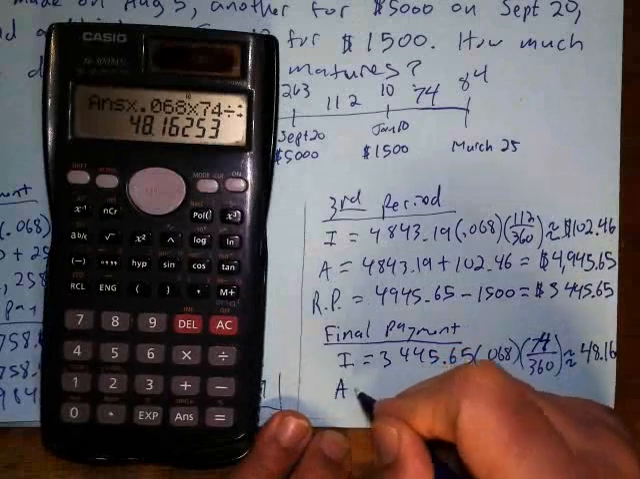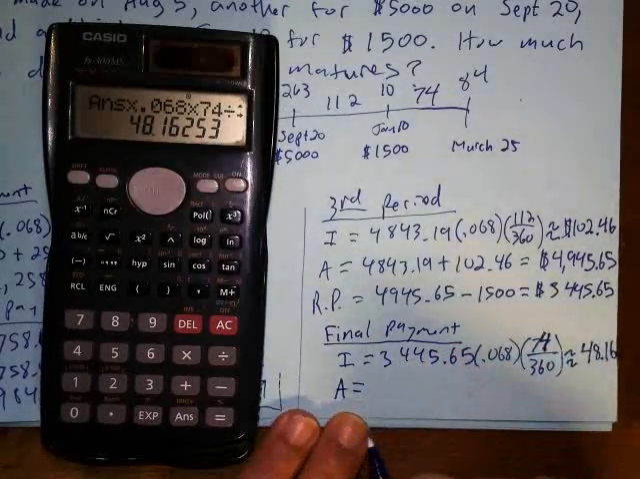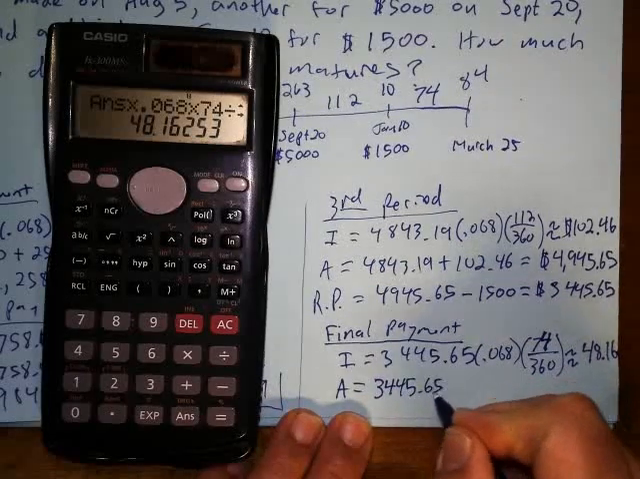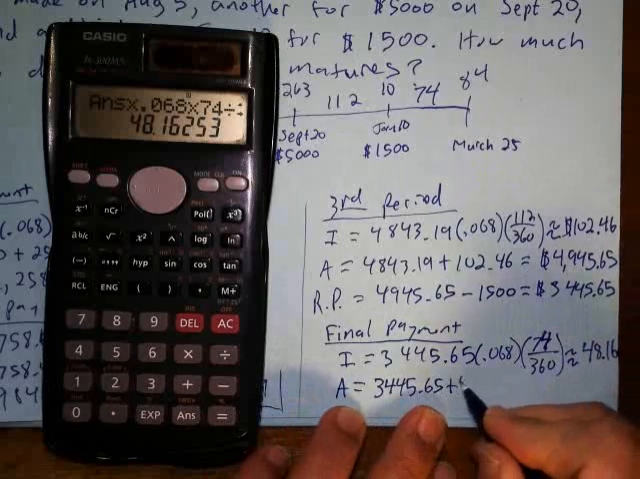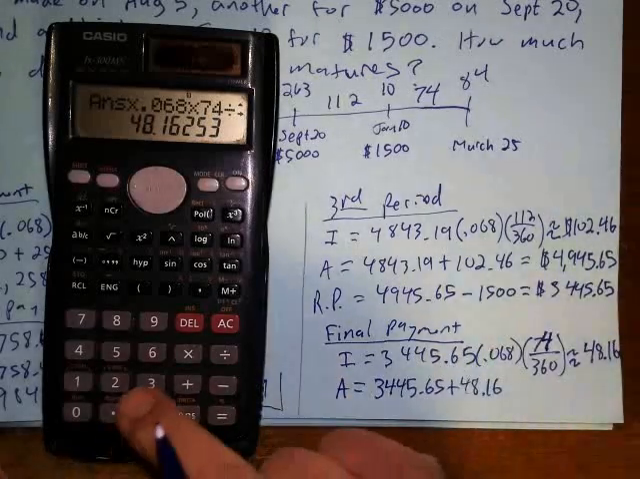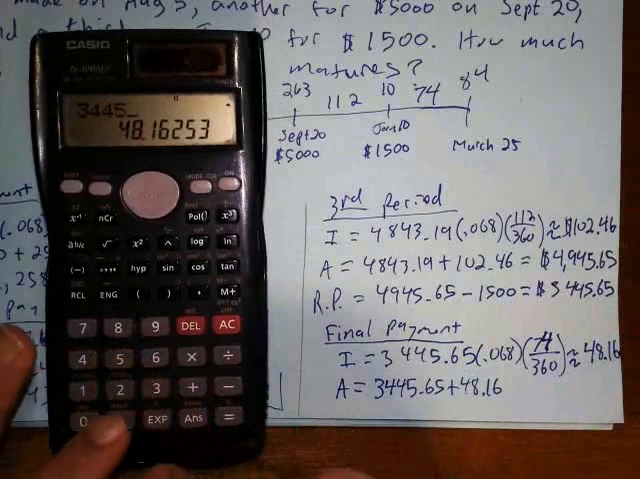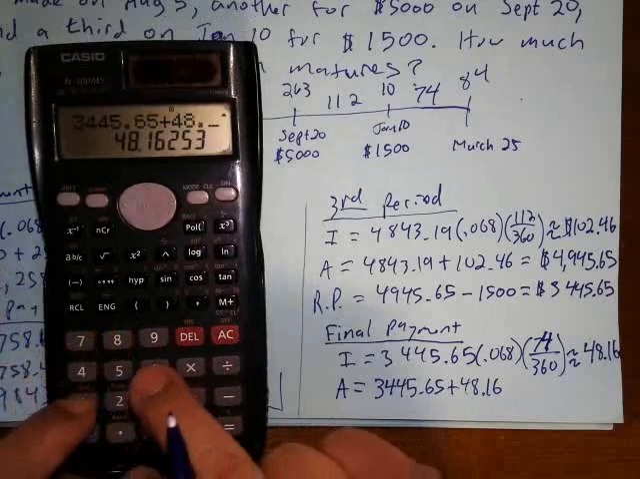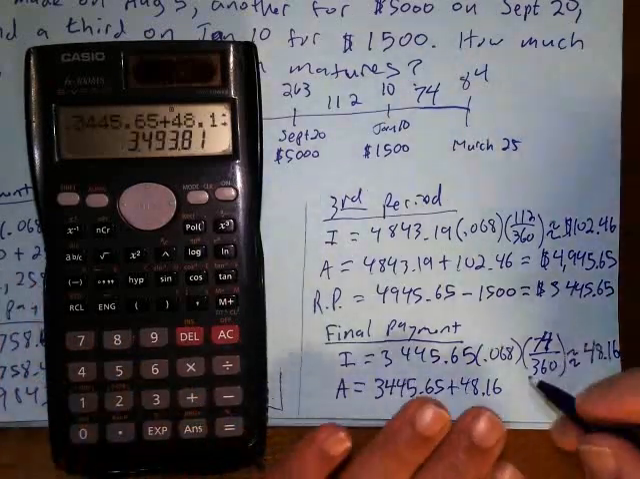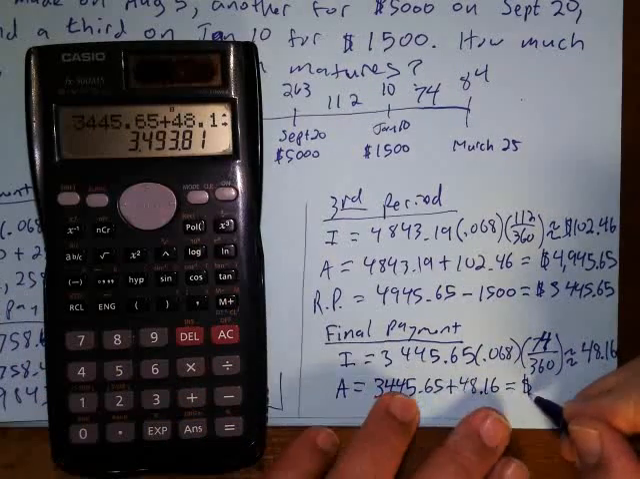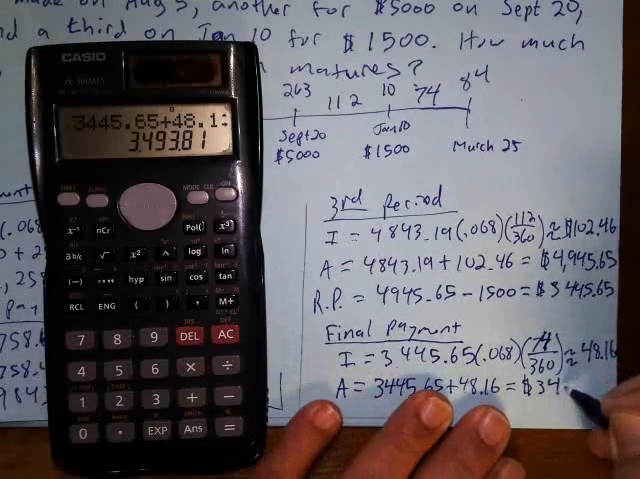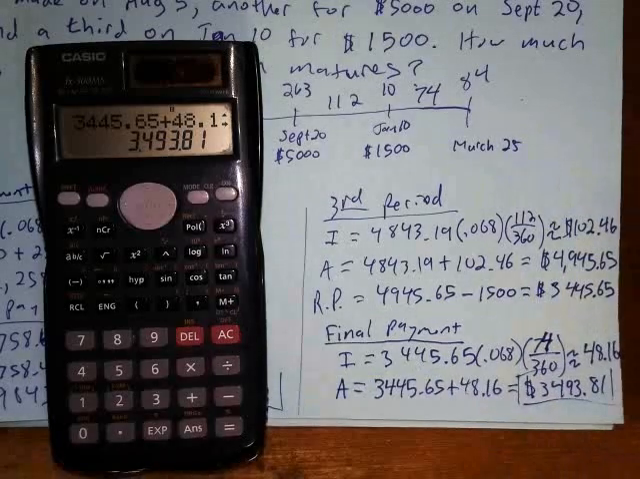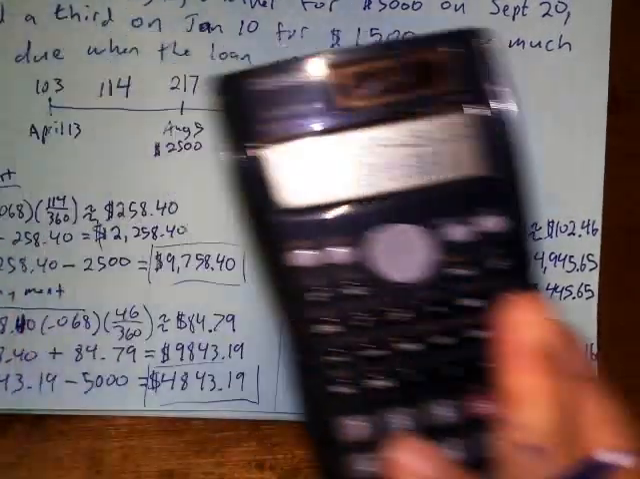And so the final answer, the amount that I owe when the loan matures, would be the remaining principal plus the new interest. So $3,445.65 plus $48.16. And the answer I get is $3,493.81. Whew! That was a lot of work,